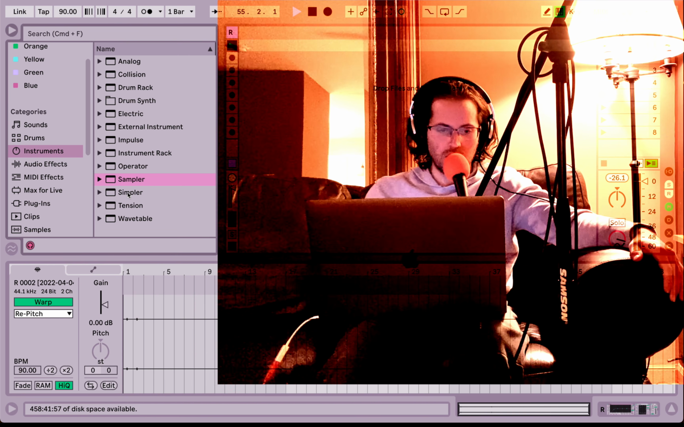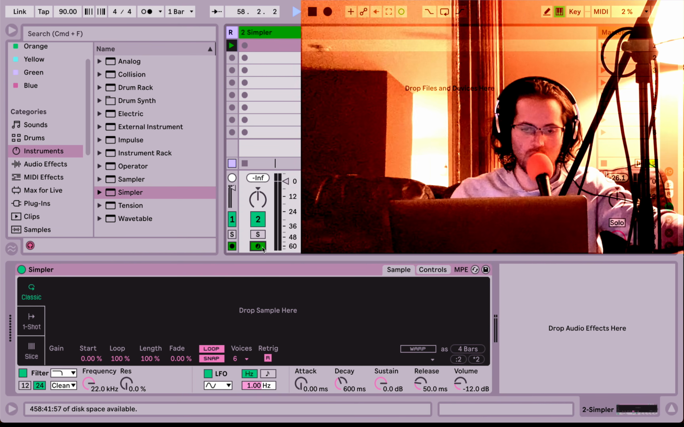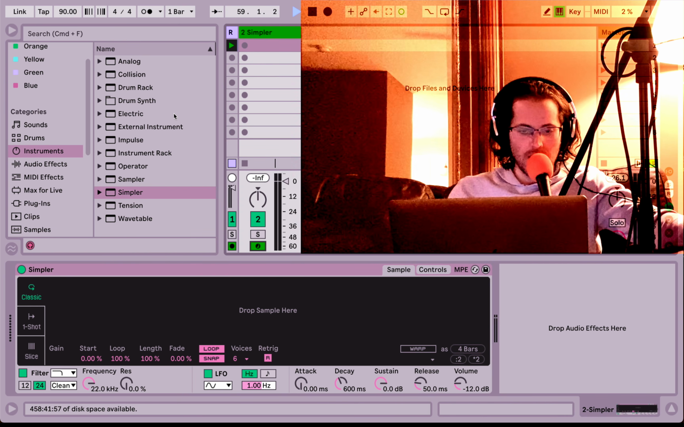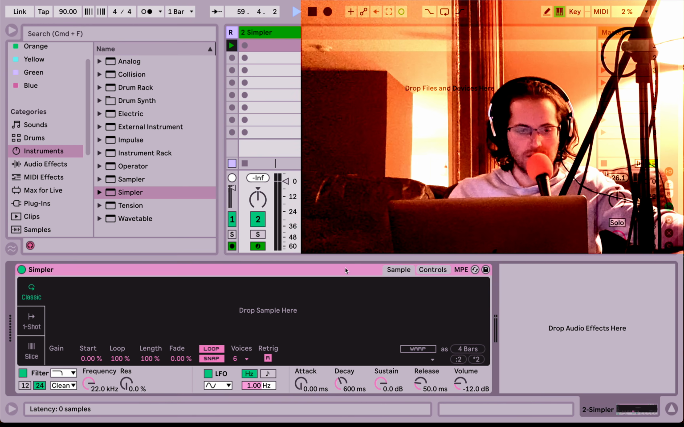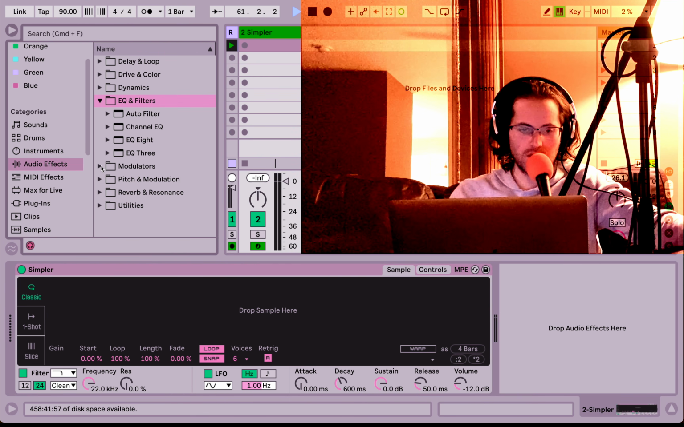So we are going to go over here to Simpler and drag and drop it, and that's going to give us a MIDI track with a Simpler on it. And we're going to click Record Enable. And right now all we have is this Simpler device. So I'm going to come into audio effects, and I'm basically just going to add the audio effects I have on every